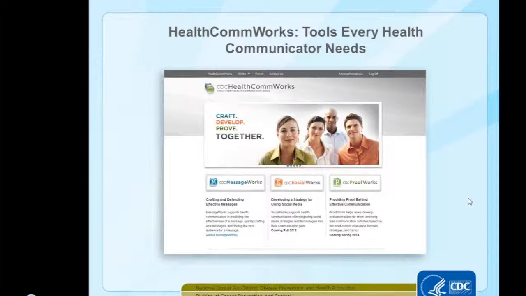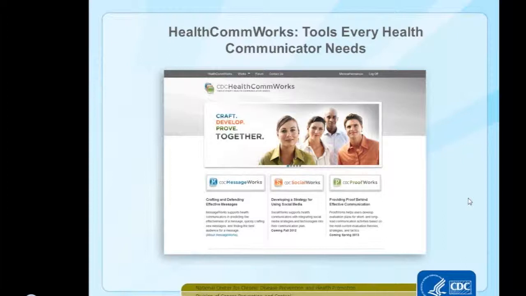SocialWorks is going to be coming out at the end of this month, so we're busily working away on that, and its goal is to help you with your social media strategy. Given a particular campaign scenario, certain budget, certain time frame, certain population, what are the tools, what are the channels that would be most relevant for the types of content that you're considering? And so if you're not familiar with social media or how it might fit within a communication campaign, SocialWorks will be your good strategy for building an effective campaign, at least getting it off the ground with a bang.